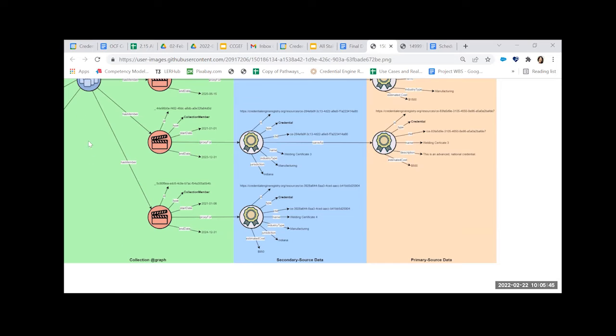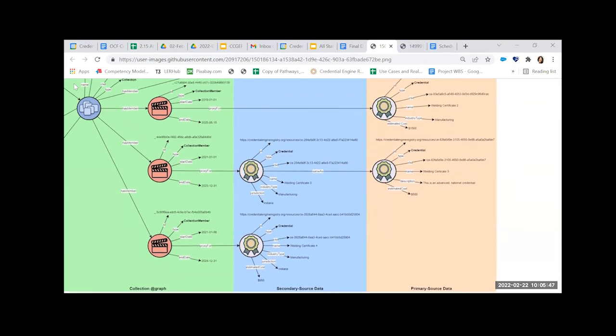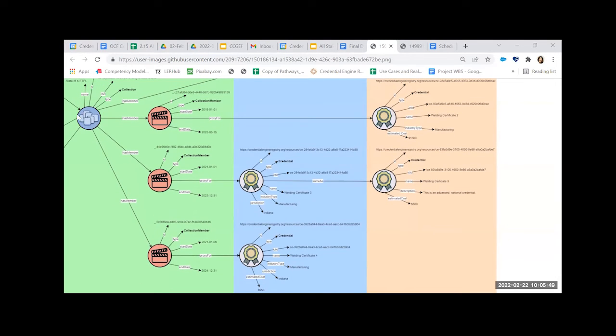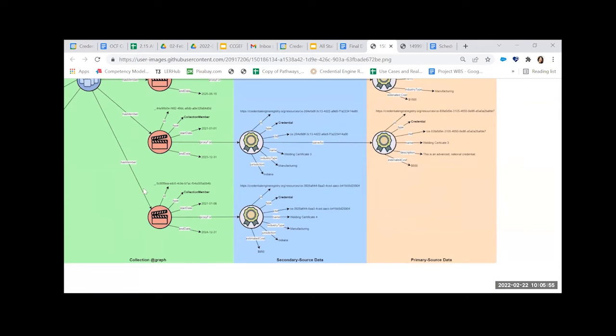The bottom item here is, again, using a secondary source record, but the difference is that there is no primary source record in that last use case. So maybe the educational institution or what have you has not published anything to the registry. So in essence it's up to the state in that case to publish the data about the credential or about the course, the assessment, and so on. So you can see the secondary source record in that case contains all of the data that the state wants to assert about that credential.